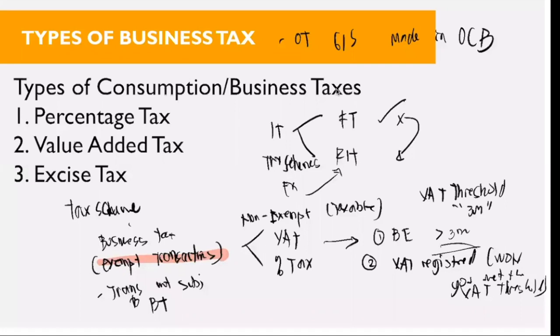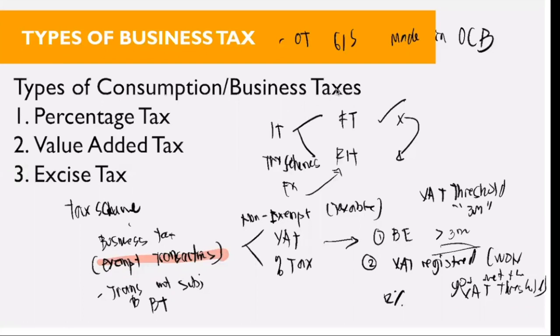Okay, so again, if you learn that the transaction is not an exempt transaction, it means it is taxable. So how do we tax it? VAT first. We can say it is VAT if the business entity met the VAT threshold, that is 3 million pesos in the last 12-month period, or if the business entity is a VAT registered entity, meaning whether or not you meet the VAT threshold, you already registered as a VAT taxpayer. So you will pay 12% VAT, output VAT